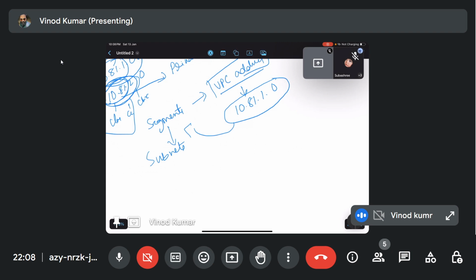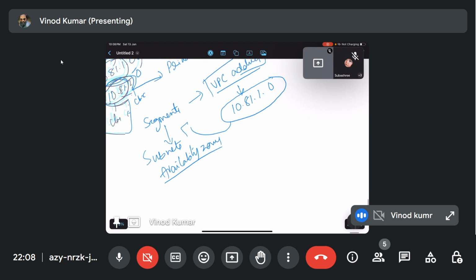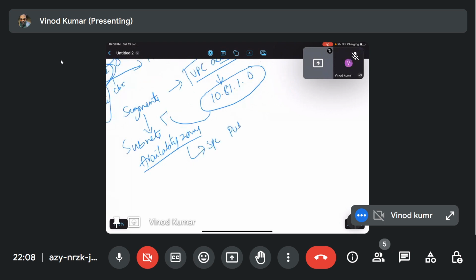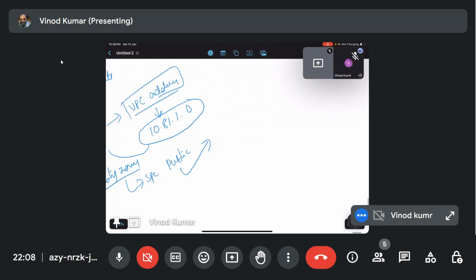In these subnet ranges, I'm giving different availability zones, so it is easy for us to access our resources whenever they are needed. We can call it high availability. And the second thing is, if I want to make a specific subnet public, I can put that specific IP into the public network.